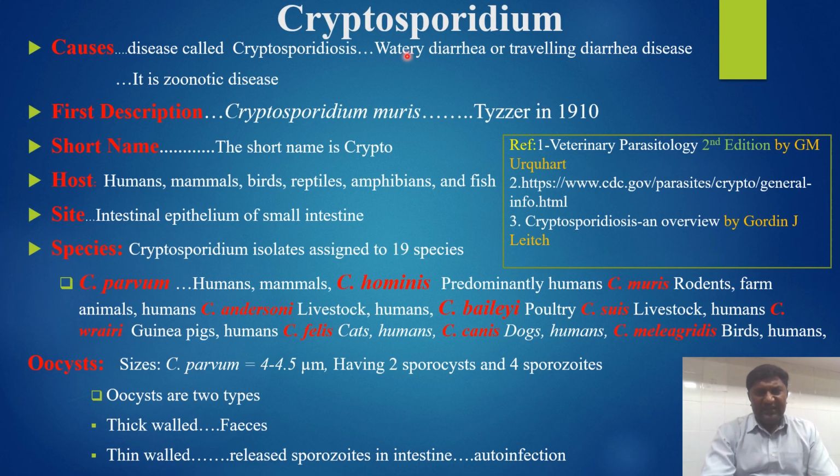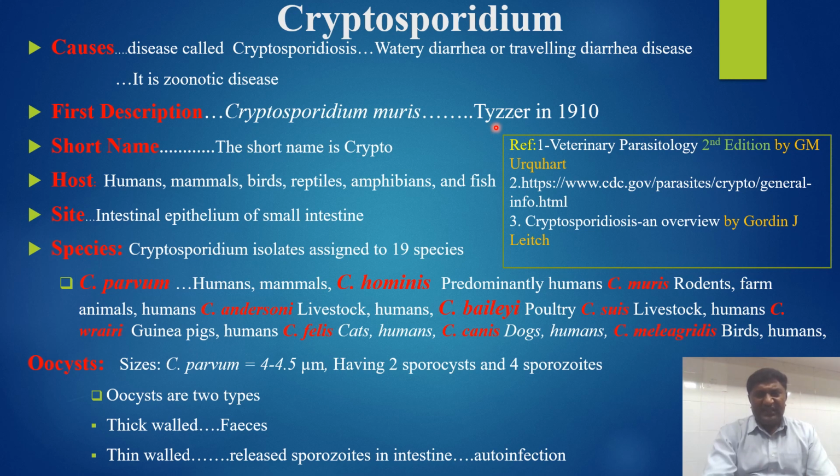So this one is Cryptosporidium, and this parasite causes the disease. The name is Cryptosporidiosis, or another name is watery diarrhea, or another famous name is traveling diarrhea disease. It is a zoonotic disease. And the first description of this parasite, Cryptosporidium muris, the name of the scientist is the American